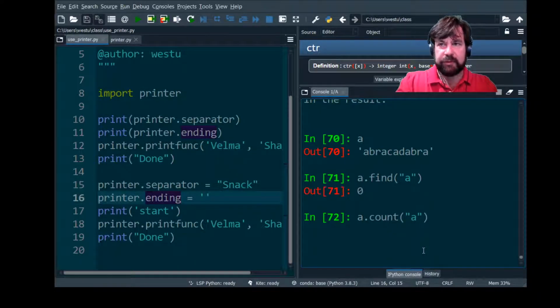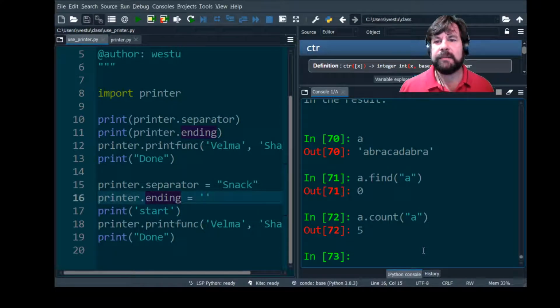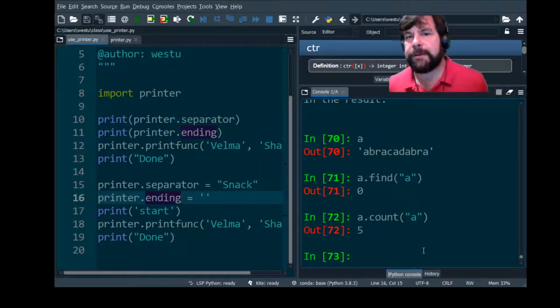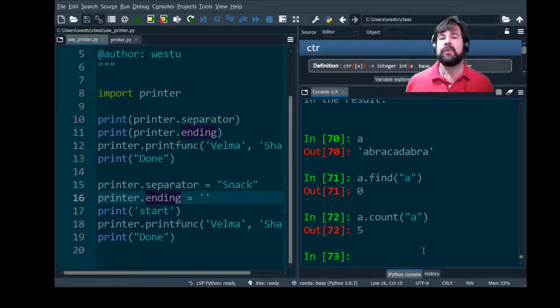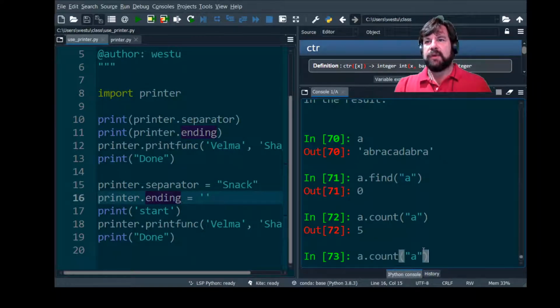There's an A dot count, spelled with U's and N's and O's, as opposed to characters one to the right of them. All right, so that'll tell you how many A's there are. So if you want to find the locations of those, what you can do is,